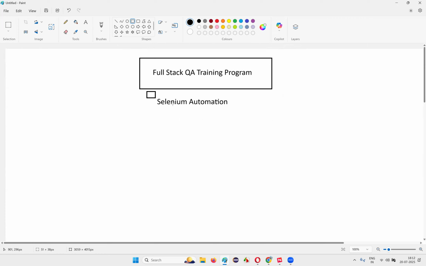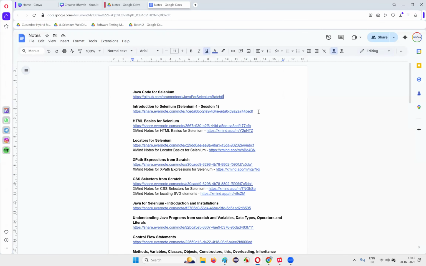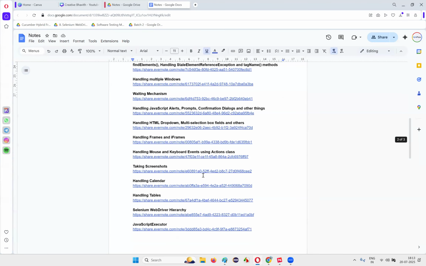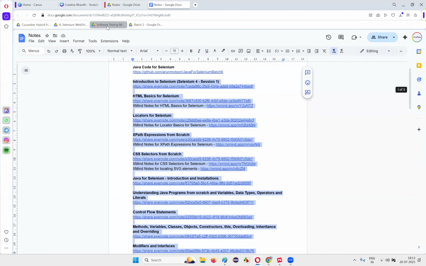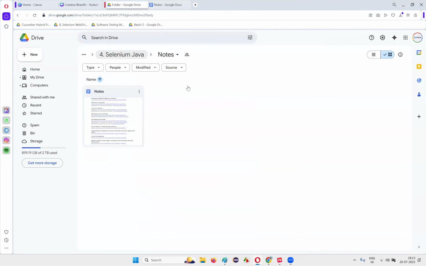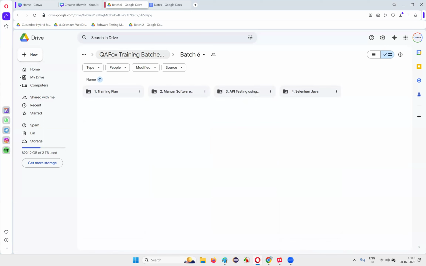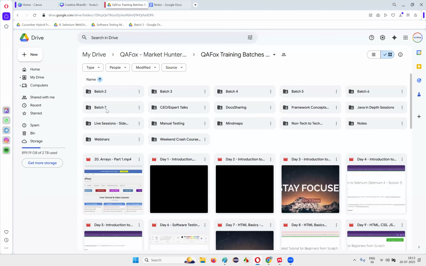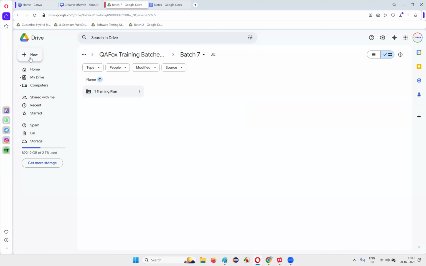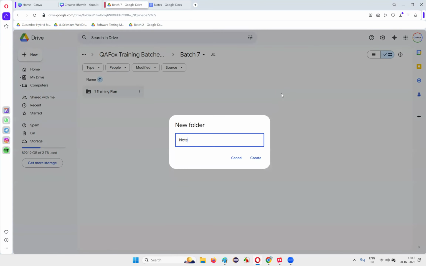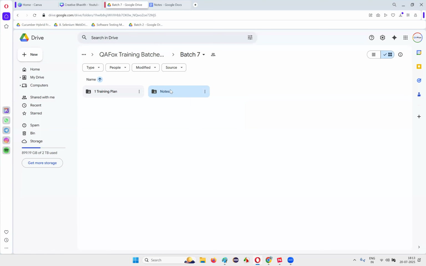As part of Selenium automation, we have a few notes here. I'm going to start from the first one, and we'll go with this order. I'll copy all this stuff, which is from a previous batch. Yesterday I created one folder for batch 7. Here I'll create a folder with the name notes, and in that notes folder,